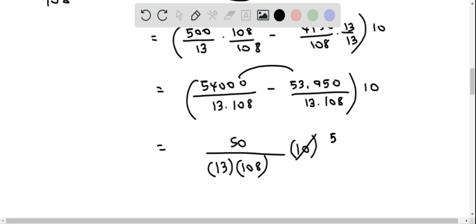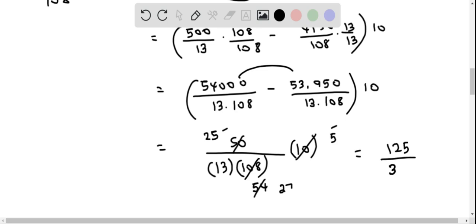This goes 5 times 2 is 10, and this is 54 times 2 is 108. Also, this is 25 times 2 is 50, and this is 27 times 2 is 54. So it reduces to 25 times 5 is 125, and then 13 times 27,